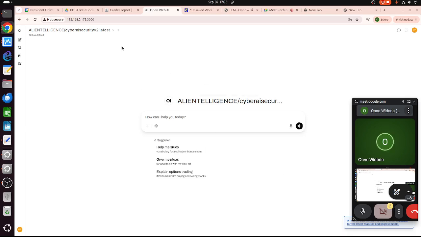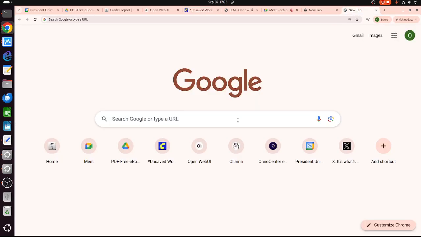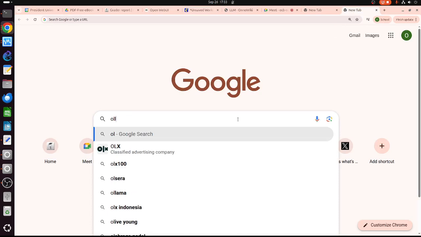So these are my toys beside me. It's a local large language model. The first one uses Ollama, and the second one is ComfyUI. Ollama is basically an open source large language model.